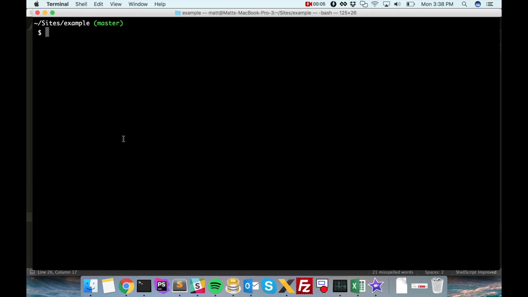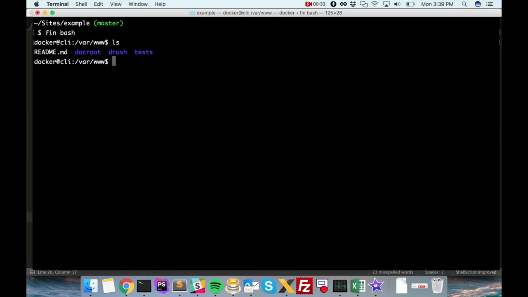Today we're going to go over some of the more advanced Docksal commands that you may have occasion to use during your development process. First, I want to show you fin bash. Fin bash will actually SSH us inside of the Docker container and allow us to run arbitrary Unix commands. So if I list this out, you can see here's my Drupal installation, and I can do whatever I like